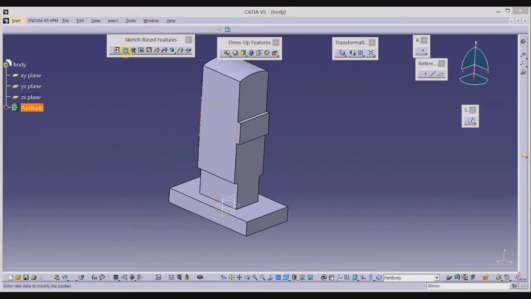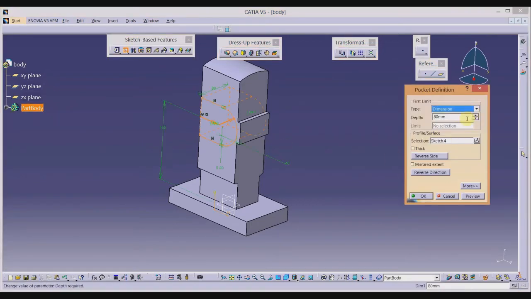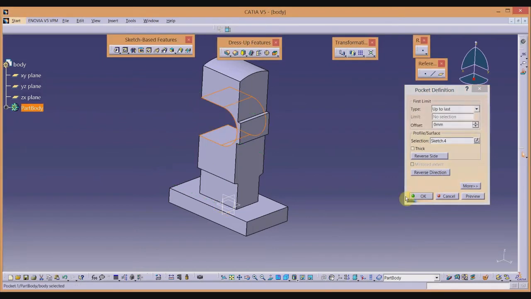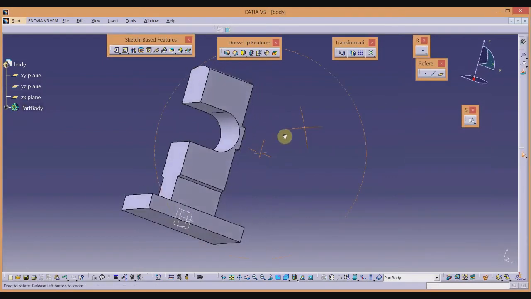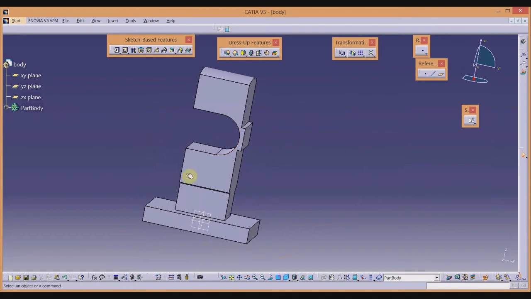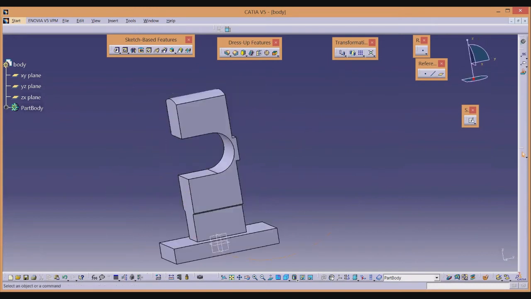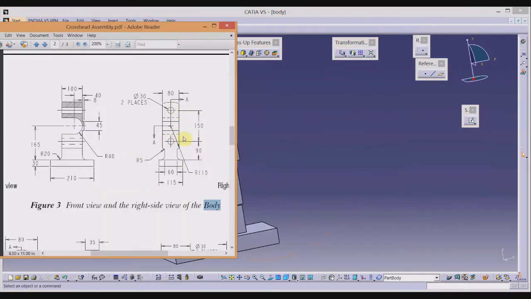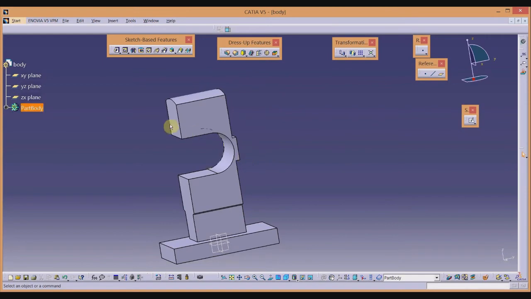Now I will remove the material using pad tool throughout the body. Okay, now next we have two holes separated by distance of 150 mm and diameter of each hole is 30. So I will select this as my sketch plane, select the sketch tool,